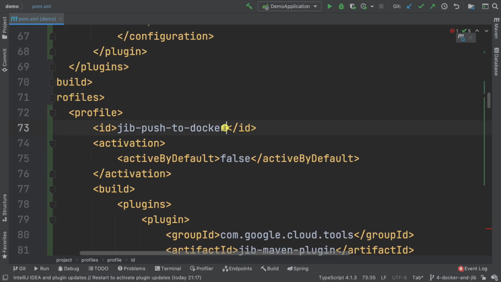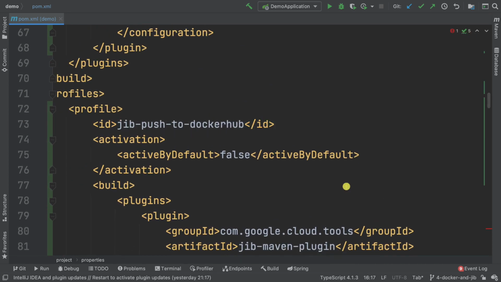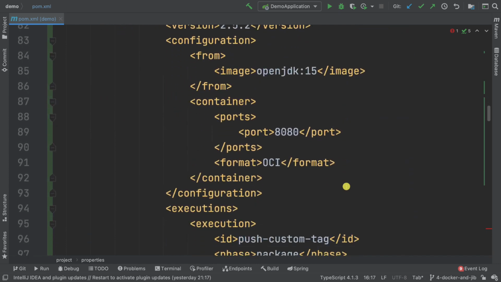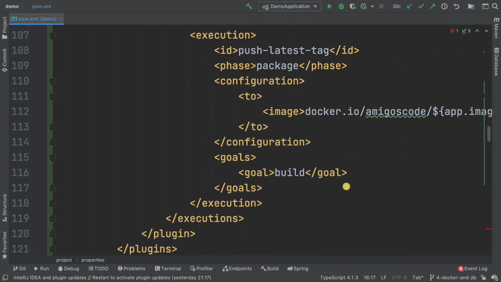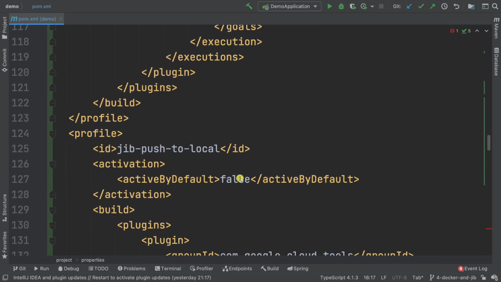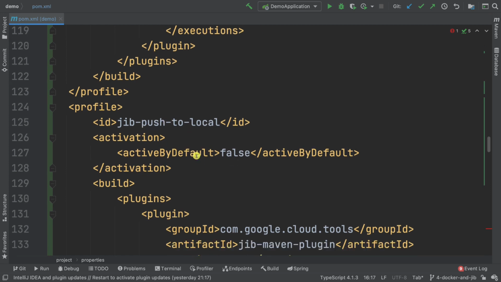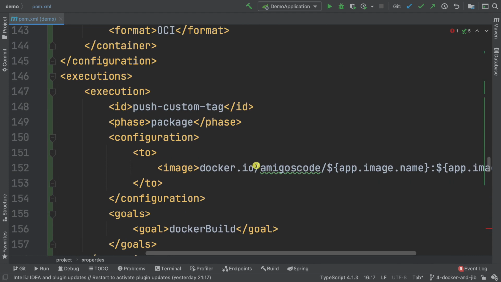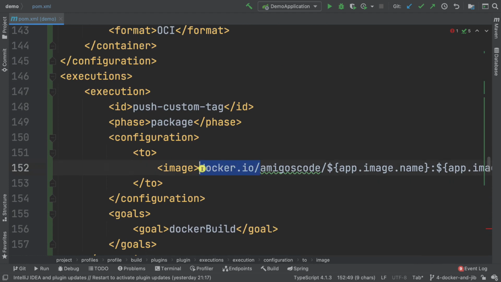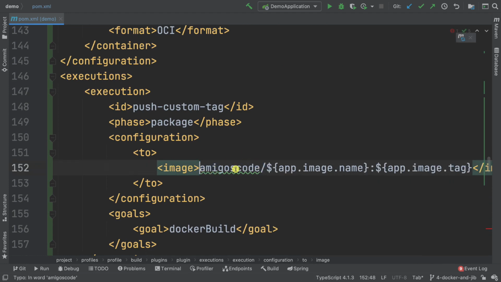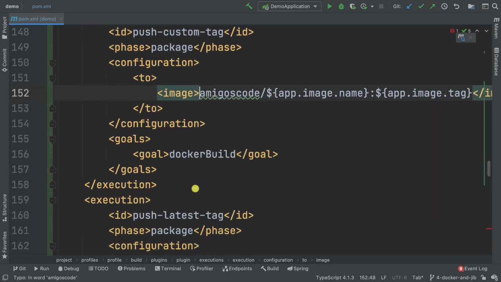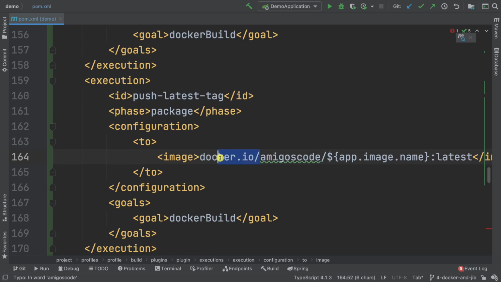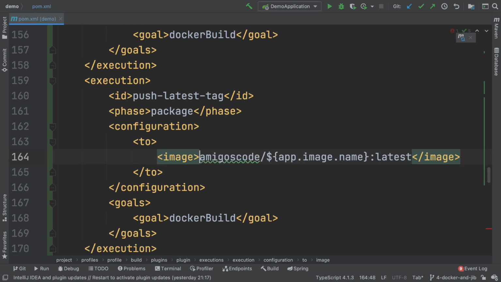So let's actually change this to Docker Hub. And I've just realized that, in here, for this jib-push-to-local, we don't have to say docker.io, so we can just remove that, because this will be to our local machine, and also this one here. So let's just remove that, and there we go. Now if I open up the terminal,